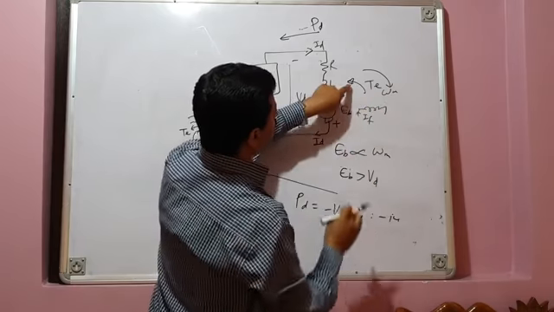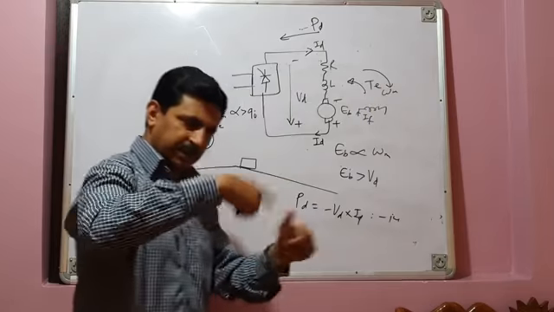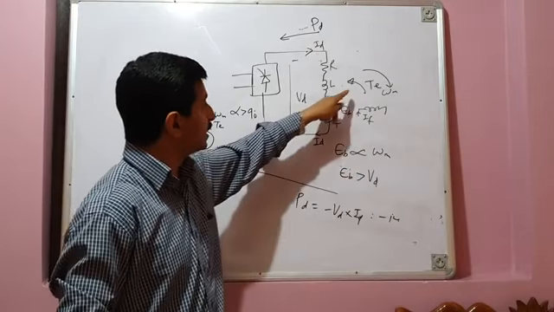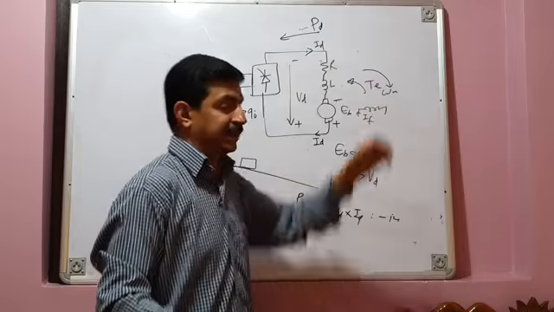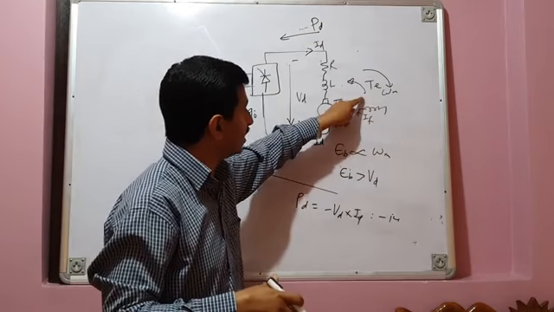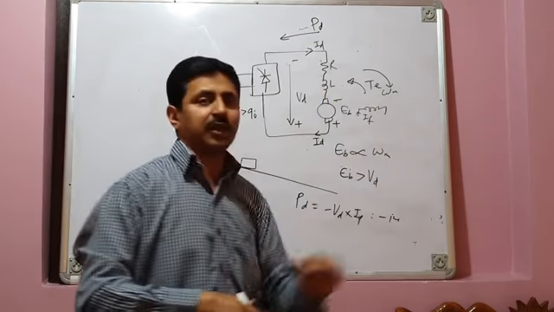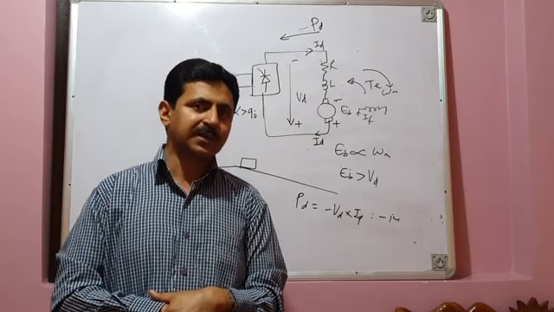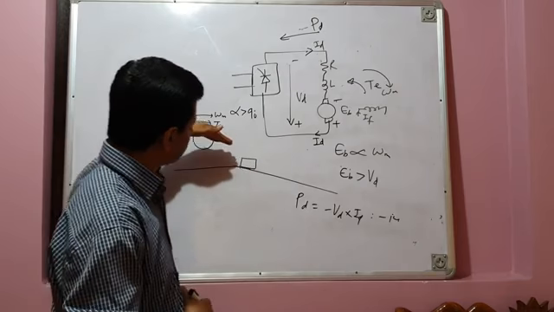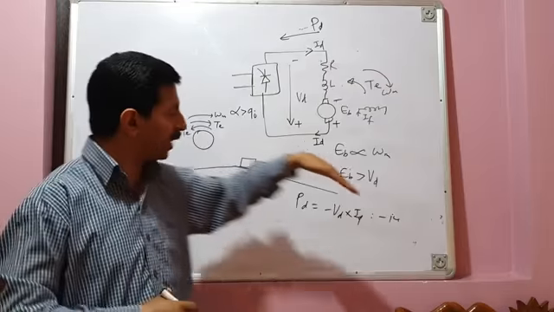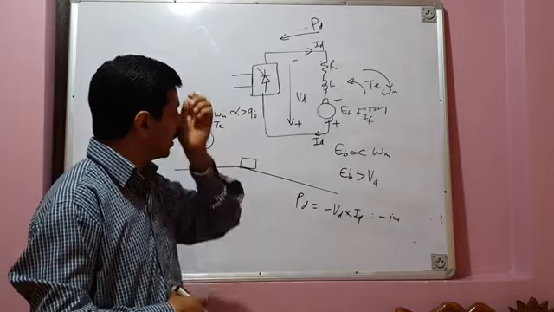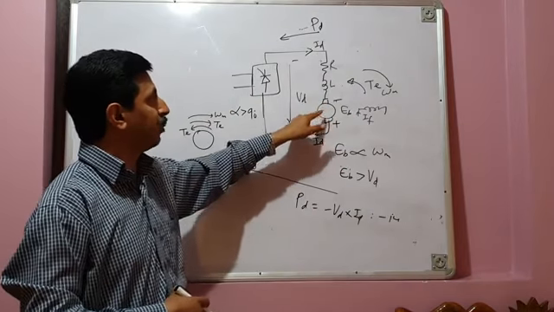So you can see electromagnetic torque reverses, but the motor runs in the same direction. The vehicle goes down, and since this torque is in the opposite direction, it acts as a braking torque on the motor. The direction of torque is opposite to the direction of motion of the motor, so it acts as a braking torque. Your vehicle, which would have otherwise overspeeded very much, would have been very difficult to control because of the overspeeding, since your machine is now operating as a generator.